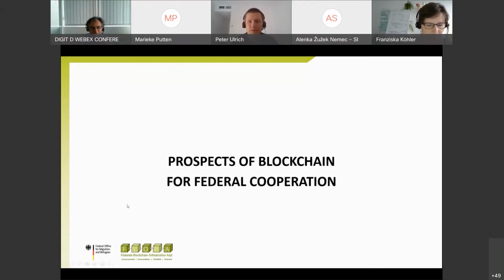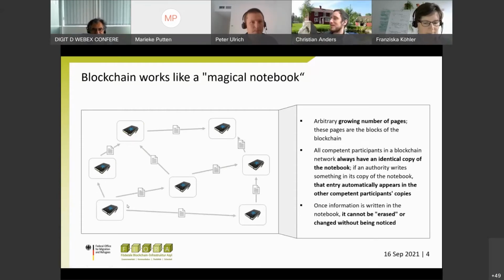Thank you for being here, letting us be here. I will introduce a little bit of what blockchain is. The technology consists of lots of ideas and technologies combined, but we have a simple example for you today, making this more tangible. So basically, blockchain works like a notebook, and you can see this notebook has like an